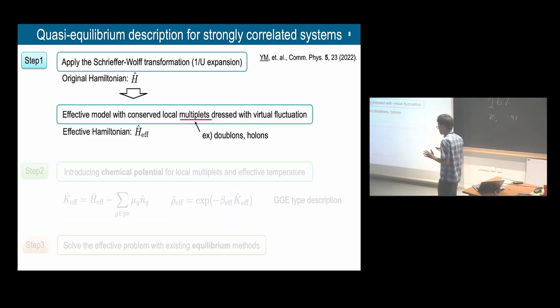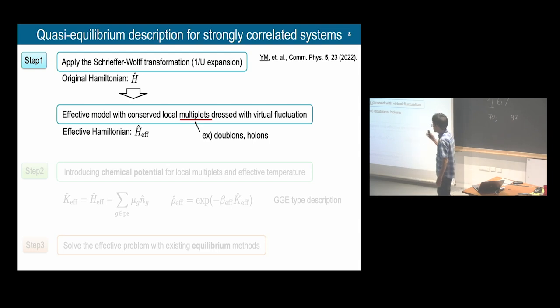A bit of an issue here is that the doublon and holon, in the original Hubbard language, are not a perfectly conserved quantity. So there is always some virtual recombination and creation processes. What is actually practically conserved is the doublon and holon that is dressed with this kind of virtual recombination processes. And actually, this Schrieffer-Wolff transformation allows us to rewrite our original Hubbard Hamiltonian to an effective Hamiltonian, which is based